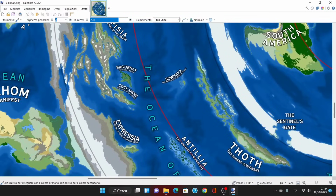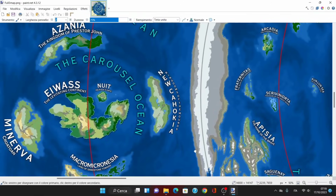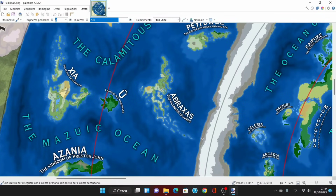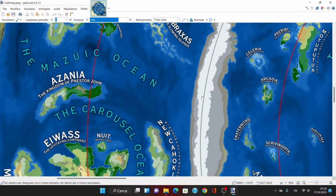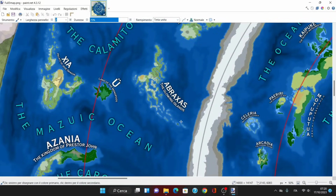But anyway, you go right here, Sentinel's Gate. We already talked about this a lot of times. Anyway, you exit here, go to Weldrum, and then you have to kind of just navigate the coasts. In the case of Abraxas, I think it is very accessible, since you just have to navigate the coast for more than New Cahokia, and then right here you can find the first islands of Abraxas,